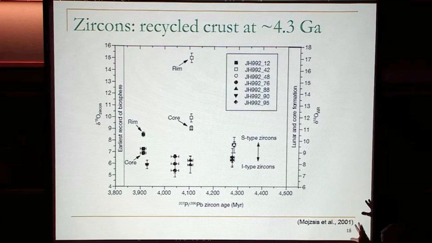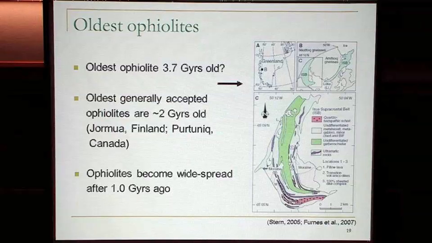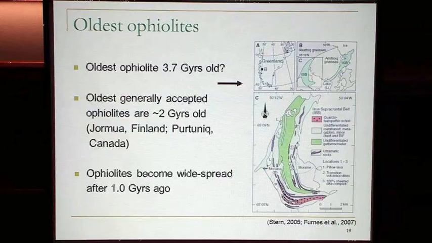of the Earth. Now, about the ophiolites, just to pick one of them out, it's been suggested that a 3.7 billion year old ophiolite exists in Greenland. More generally, people agree that about 2 or so billion years ago, we do have a significant number of ophiolites that are recognized. But we do have to see that ophiolites actually are more frequently occurring in the last billion years than before. And this could actually well be a preservation issue, as just brought up, or a change in style